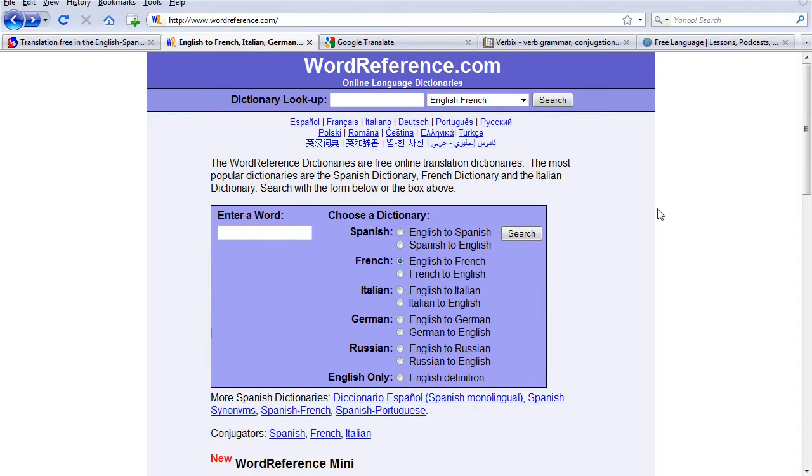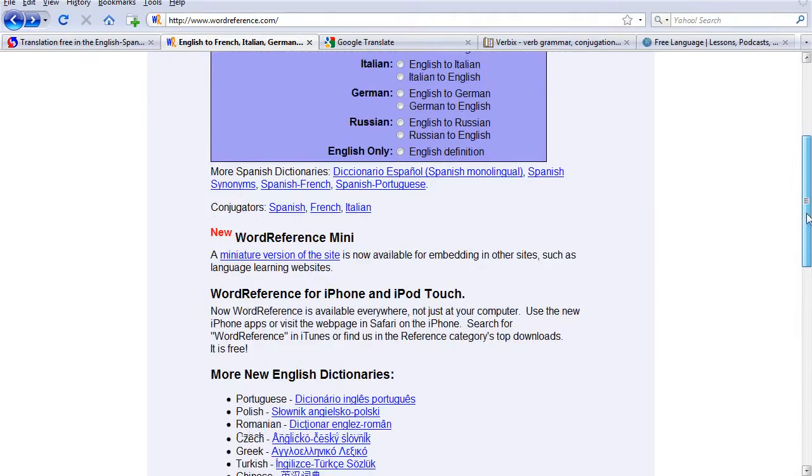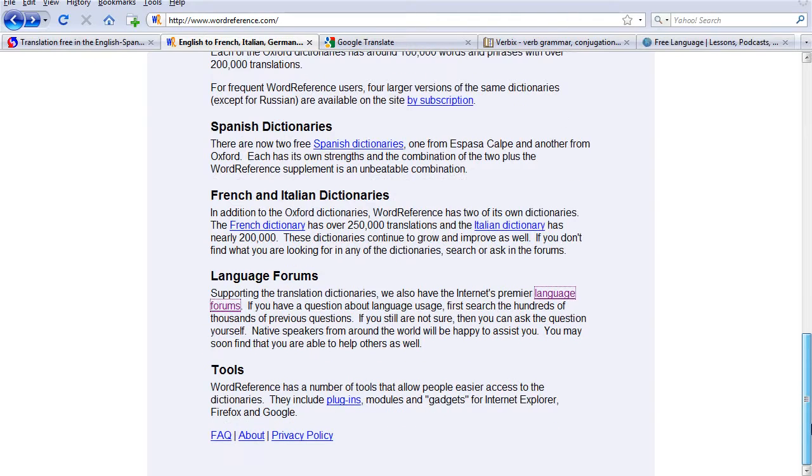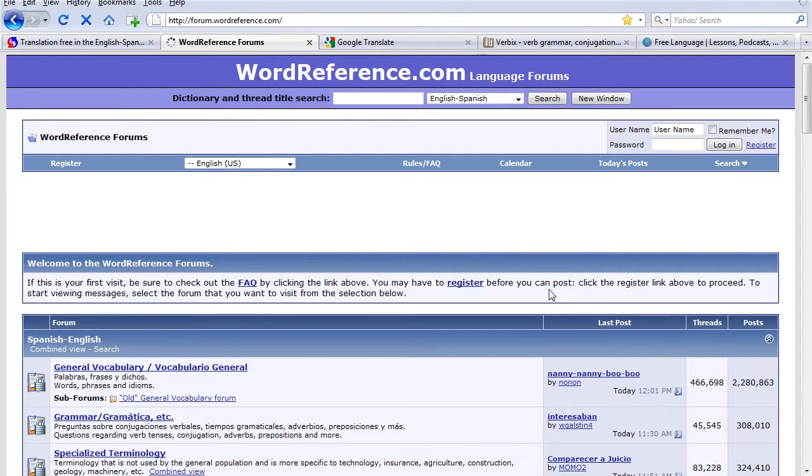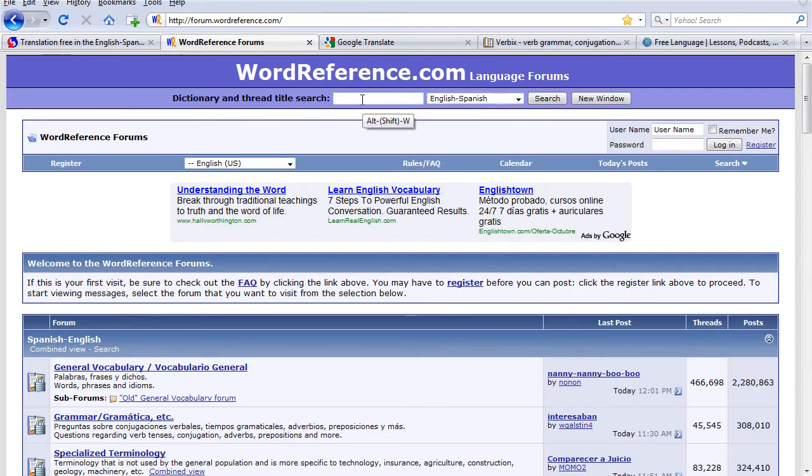At some stage, everyone learning another language will have a query about that foreign language they just can't answer without the help of a native speaker. WordReference.com has a service which will enable you to chat about these questions and hopefully solve some of your queries. So it has lots of different resources, but we're going to go down to the bottom of the page here and look at language forums. Now, they're available for all different languages, and you can type your question in and hopefully somebody's already had the same question